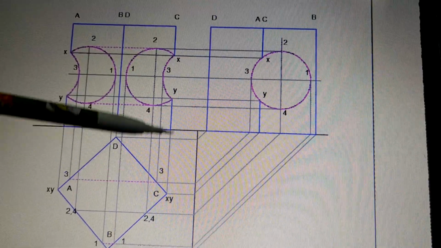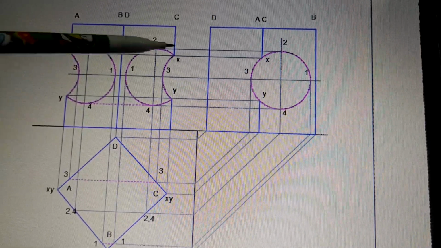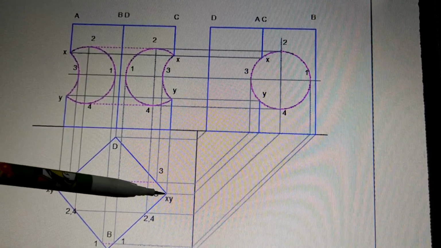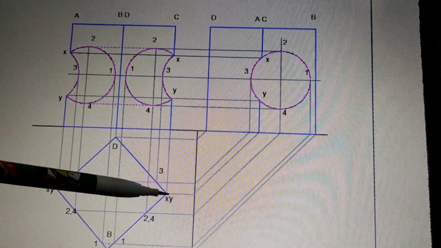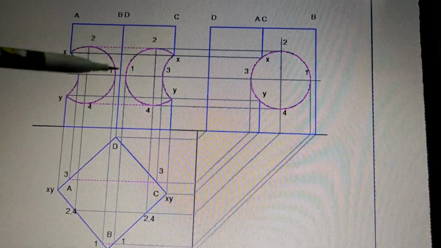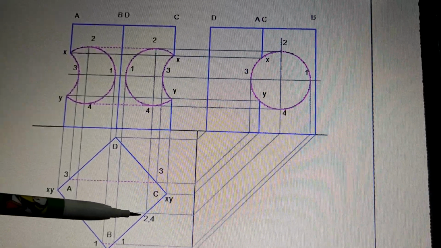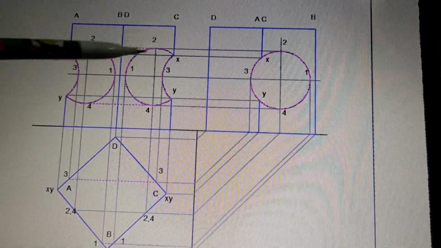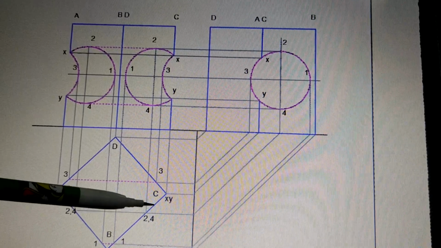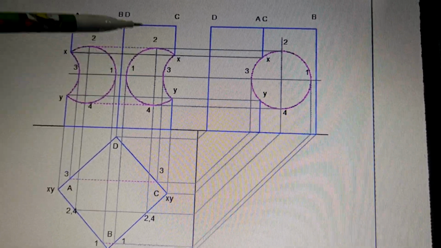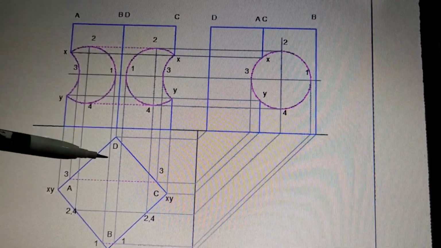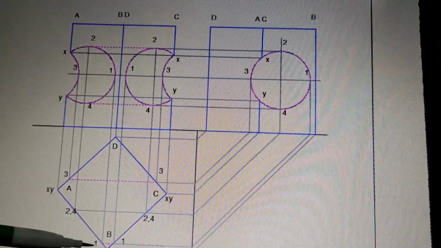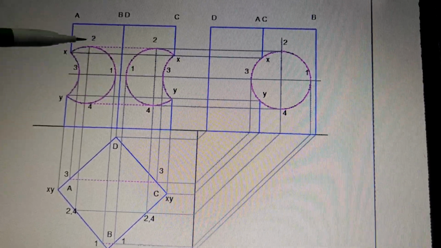And in actual practice also, if you see, when it is cut like this, this x3y is here, x3 and y. So this curve x3y is seen in the top view like this. Similarly, the curve x2 1 4 y. So like that, this curve is drawn in the front view also, and the same curve is drawn in the top view also. And again, since the figure is symmetric about the vertical axis, everything that is drawn here, the same thing will come on the other side. And even if you follow the points, it will still come the same way.